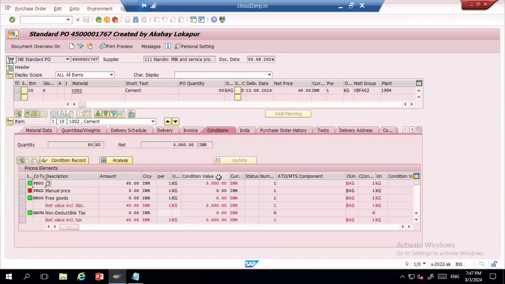Because you cannot charge the tax on the customer whom you are selling. If you're landing the taxes on your material, your material price will increase. And again, when you're creating an invoice for the customer, you are going to apply the taxes again. So it will be a dual tax. That is the reason we don't apply the taxes on the material. Understood. Thank you.